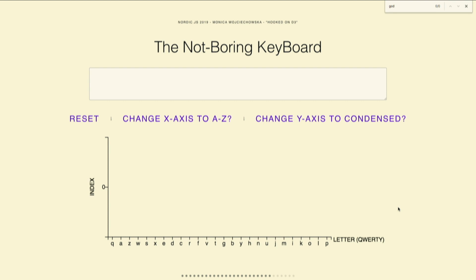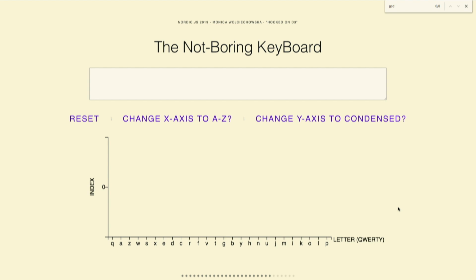And the inspiration for this dish, or for this visualization, was just the question of how come the keyboard is laid out the way it's laid out? Like, QWERTY seems like a very random combination of letters. And it also doesn't make sense that each language has the same keyboard if the keyboard's purpose was originally to slow down the typer when it was the typewriter.